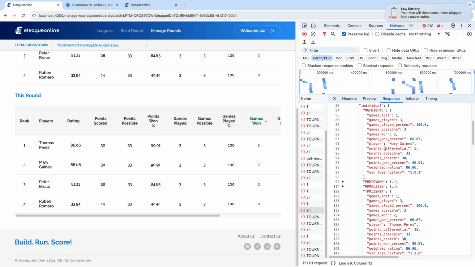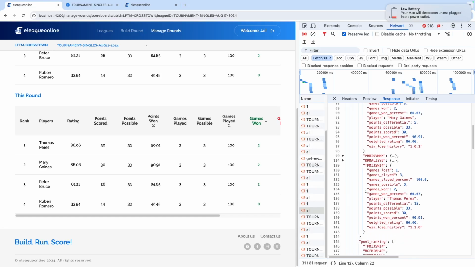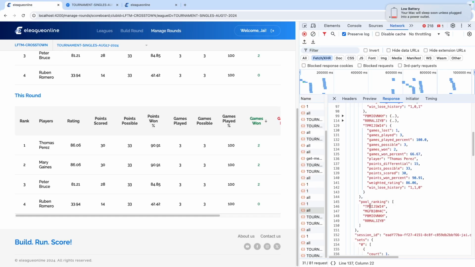Let's look at the point differential. The point differential for Mary is 5, whereas the point differential for Thomas is 15. Now, while Mary beat Thomas, the point differential for Thomas is higher. And hence, since the apply head-to-head is false, look at our pool ranking. The pool ranking is Thomas is number 1 and Mary is number 2, despite the fact that in the head-to-head